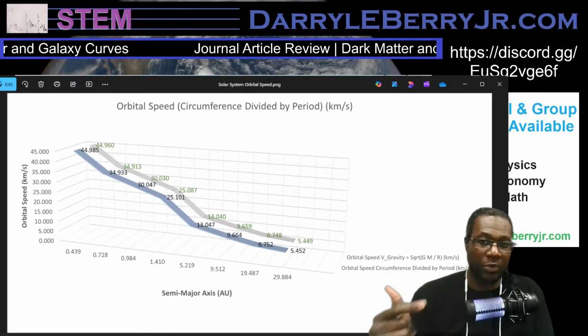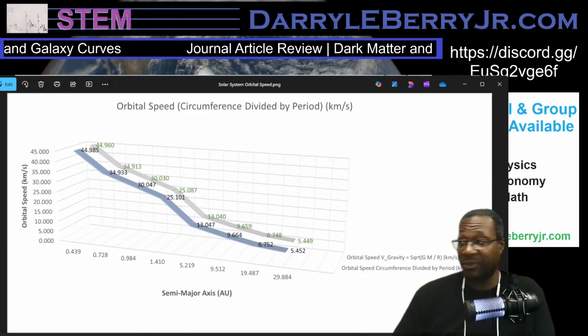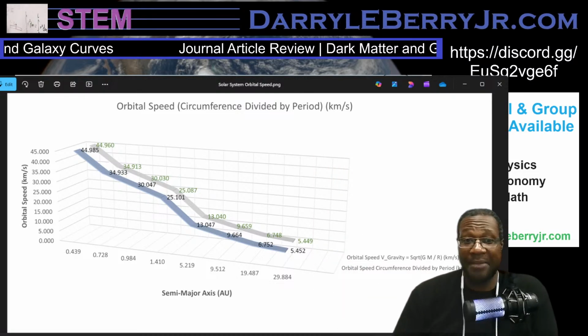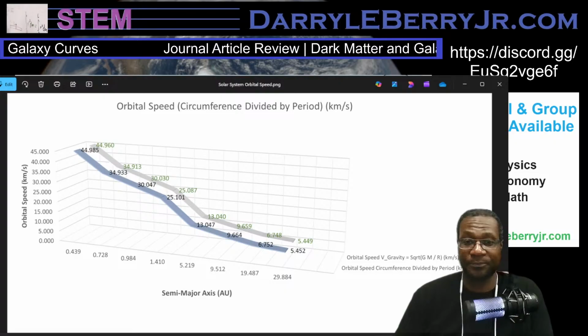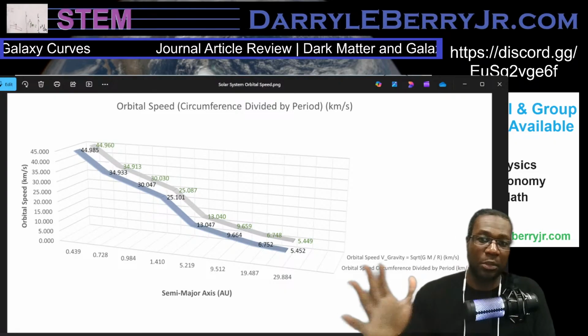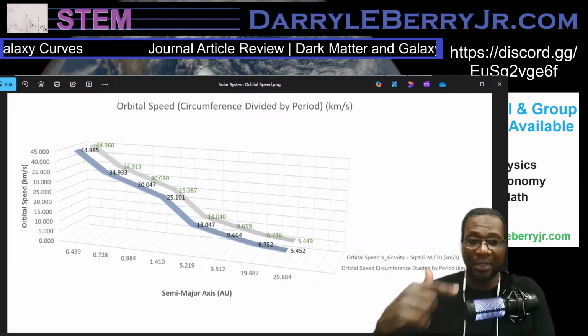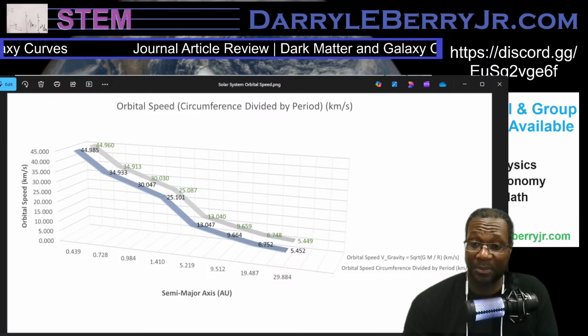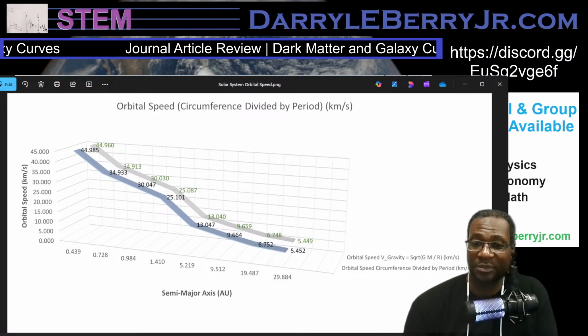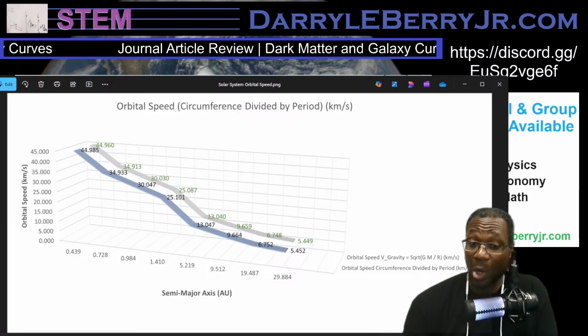So if Neptune was going as fast as Mercury, it would just fly away because there's not enough gravity to hold it, so therefore it slows down, right? And that's why the farther away you go from the center of mass, from the sun, those rotation curves get slower, right? Because there's not enough gravity to keep it in place. But that means, to your question, Riker, the only way